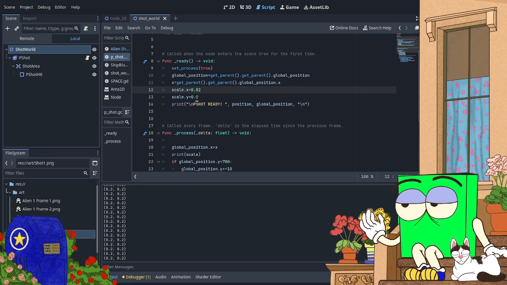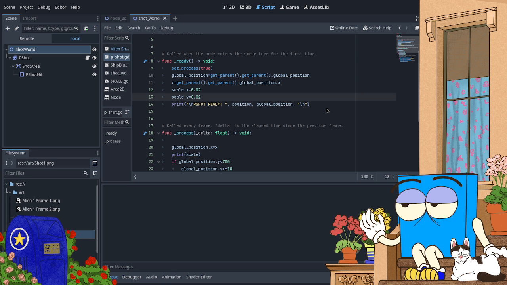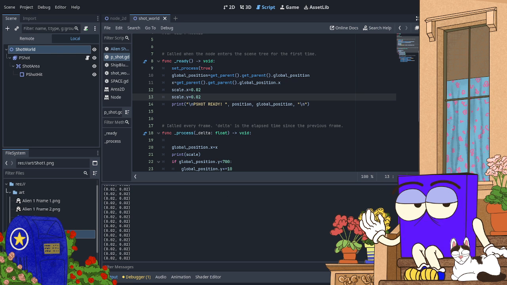Should be 0.02? Is that what it's supposed to be? Is that my problem here? Did I shrink it wrong? Yeah, I absolutely shrunk it wrong.